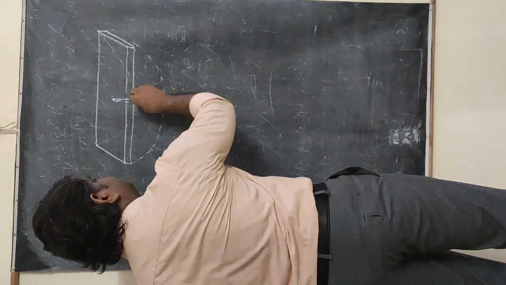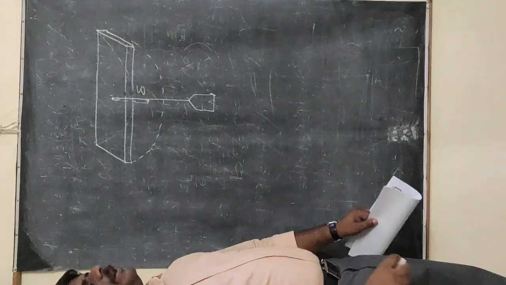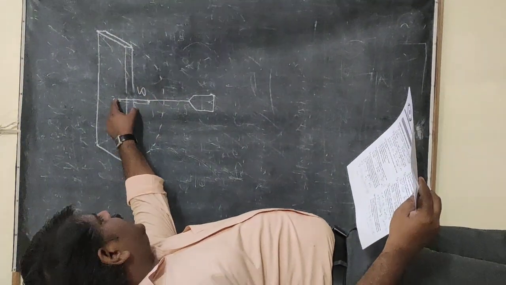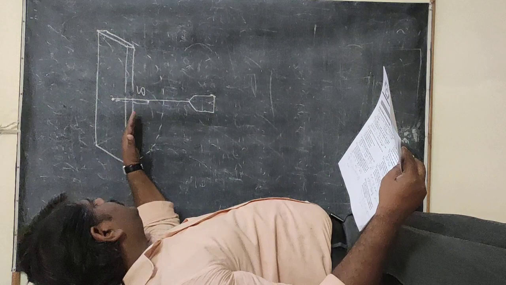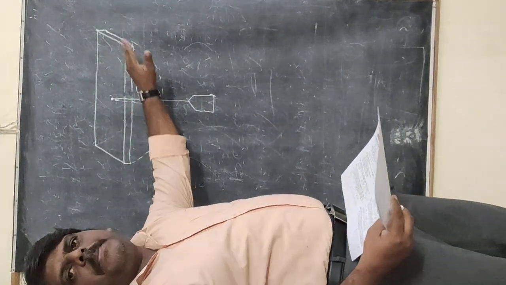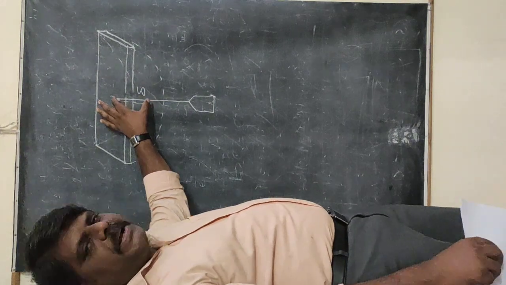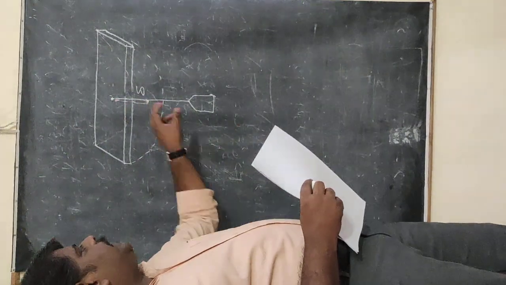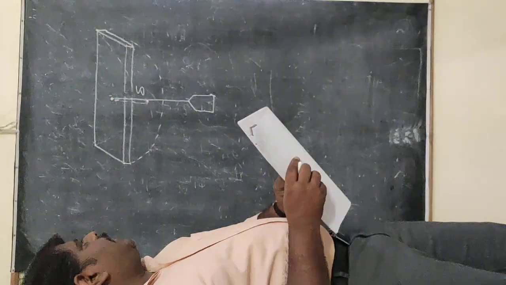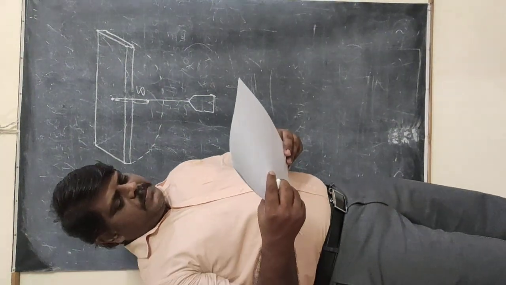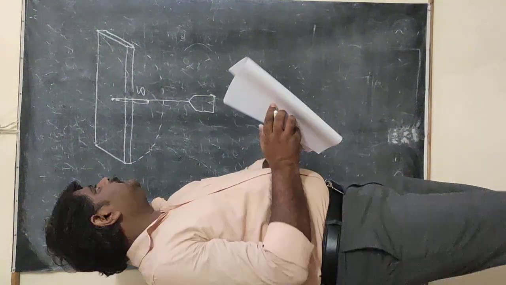From this point to this point, how much depression is there? That can be denoted by delta. That means this center point will be depressed. This whole beam is going to be bent into a concave shape, and whatever depression there is, this depression we need to find out. To find out the depression, there is a formula. That is, the depression delta is equal to